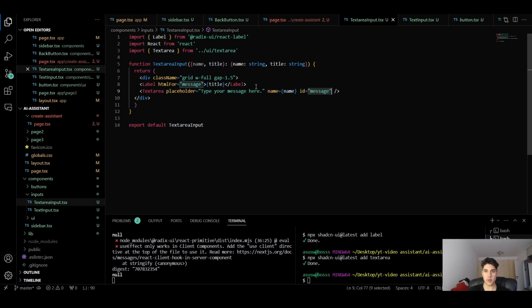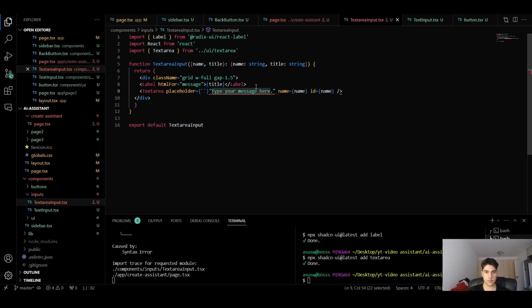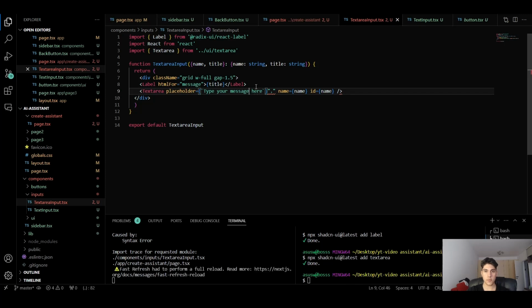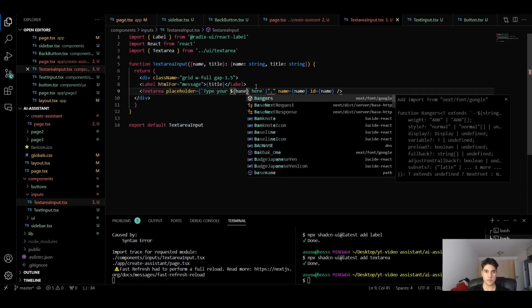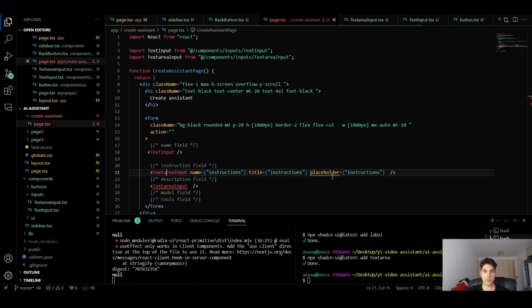The ID is gonna be equal to the name as well, and the placeholder is gonna be dynamically, and I'm gonna say here type your, and instead of message I'm gonna say dollar sign and curly braces, and here I'm gonna put the name. Here I'm gonna remove the placeholder. The title I'm gonna put it with the capital I,